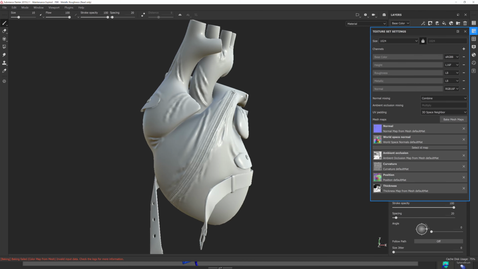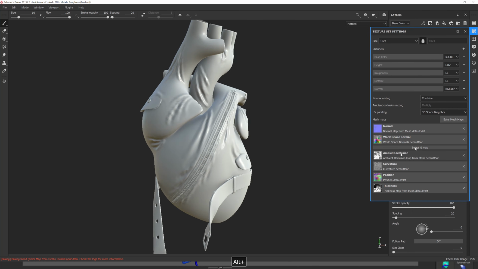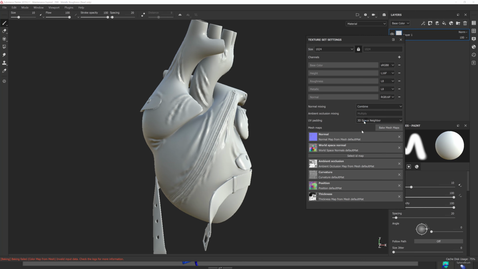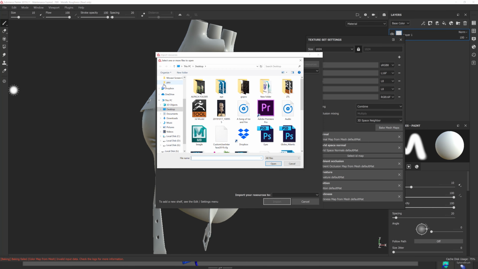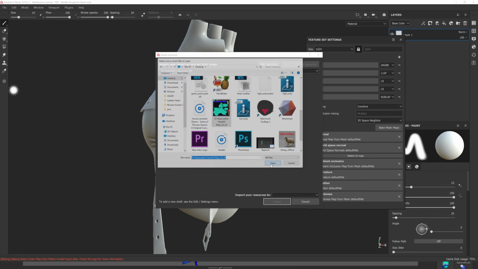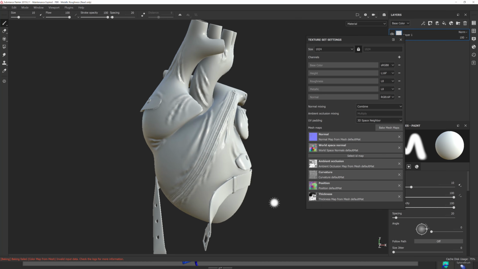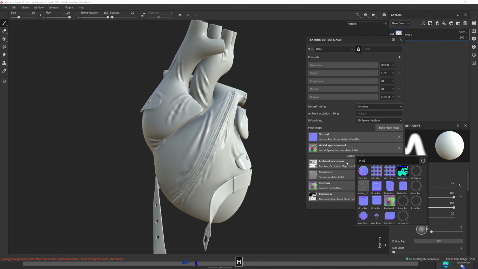Perfect. Now let's go to Substance Painter. I already have the maps baked, and then let's go to select ID. Oh, sorry, we need to go to import resources, add resource. Let's go to desktop and select our ID map, open. We can go to texture and just current session, import. Now if we go to select ID, if we search ID map,